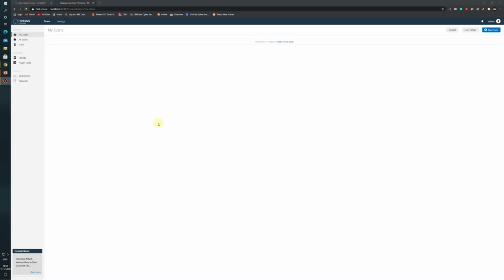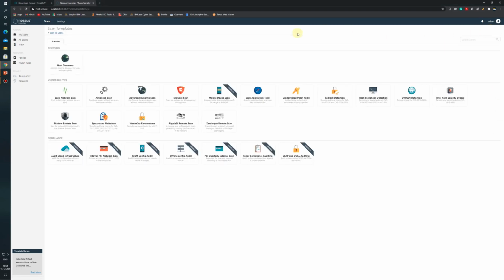The plugins have been successfully downloaded and compiled. Now the software is ready to use. Once the compilation is done, this will be the interface that will be turned on. So first of all, we need to do the scan, so we need to go to new scan. These are the types of scans that are available. Only the scans with this upgrade tag are available in the pro version. Rest all the scans are available in the free version.